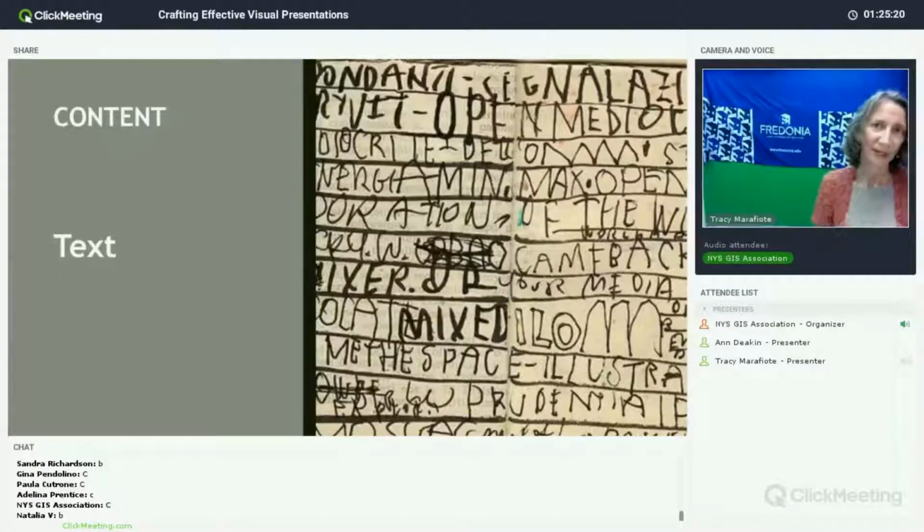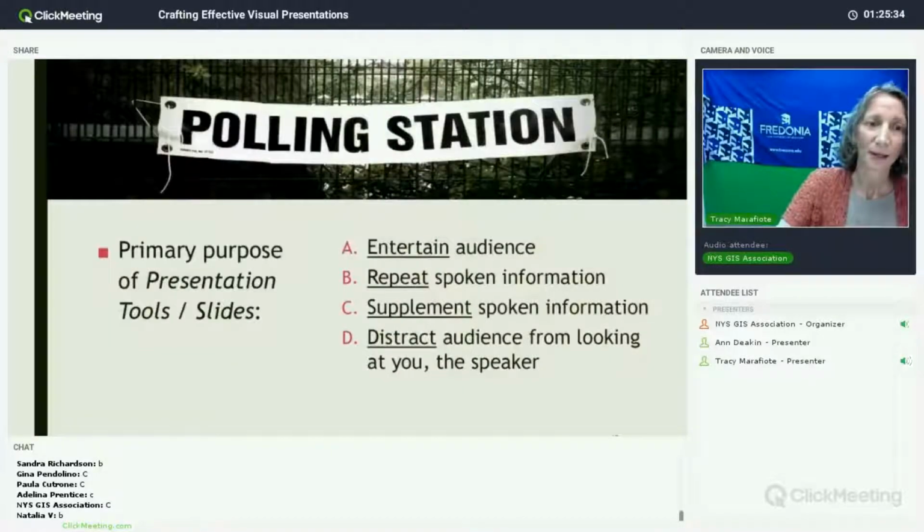Now, while your slides should follow this general format, a mistake that many people make is thinking of their slides as their primary channel for conveying their information. It's not. So let's go back and look at your responses to the poll question that I asked.